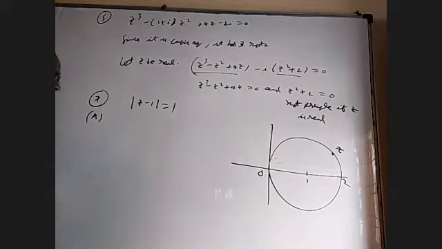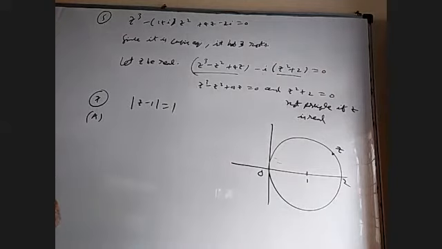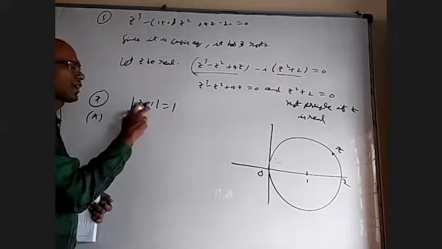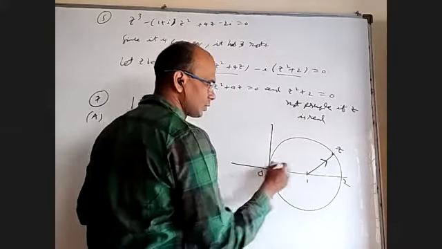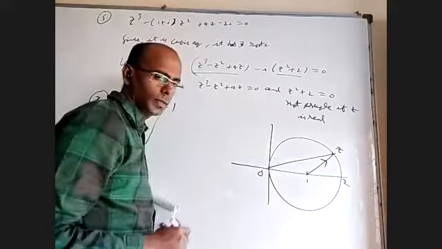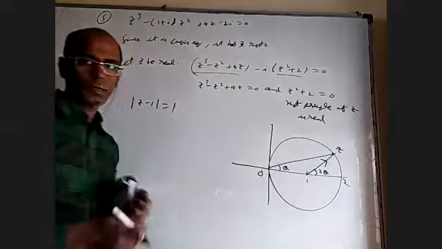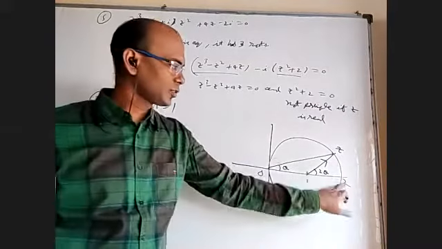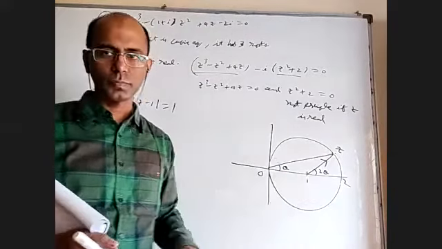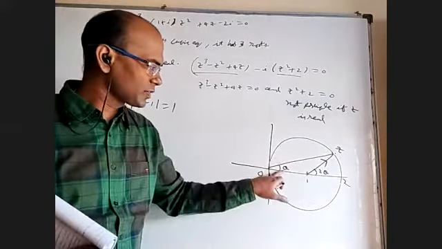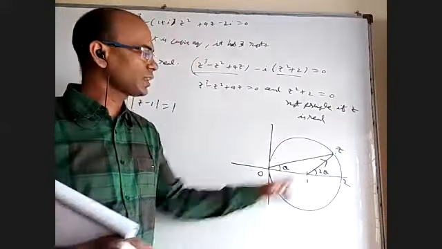Option A is about argument of z minus 1 equal to 2 times argument of z. I want to give a graphical picture of that. What is z minus 1? A vector joining 1 and z. That is this, and this is z. Okay. We know if this angle is theta, this angle is 2 theta, because a chord subtending theta at a point on the circumference will subtend 2 theta at the center. So from this figure, what is the argument of z? Theta. What is the argument of this vector? 2 theta.